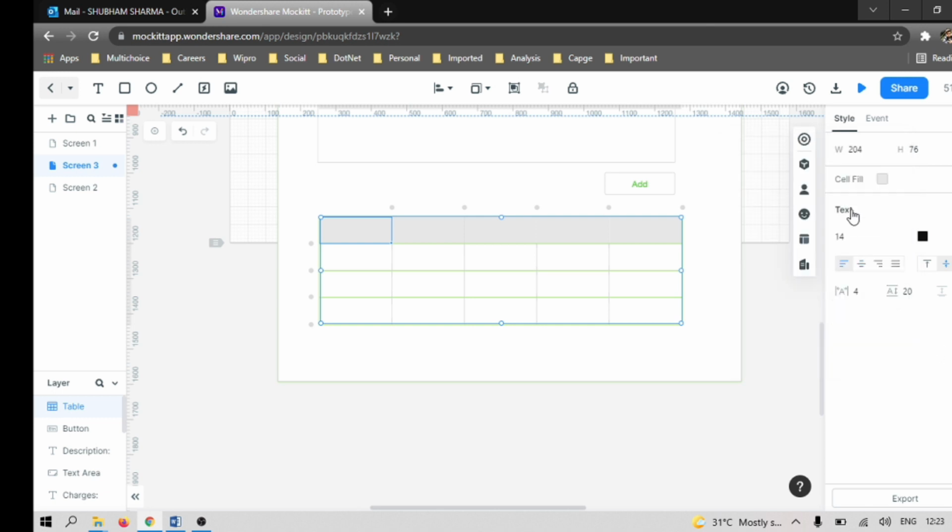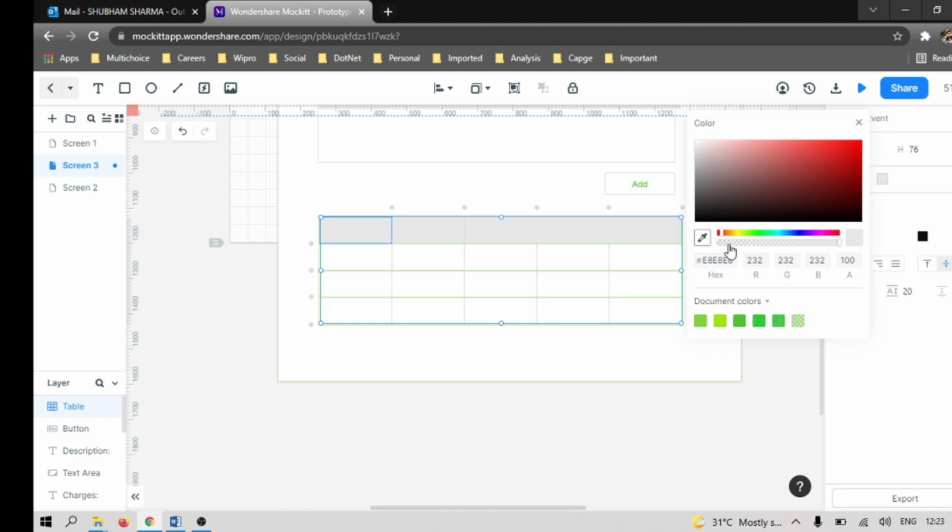Is there text? Yes, text is there. Instead of this we can put a light color, something very light. Okay.